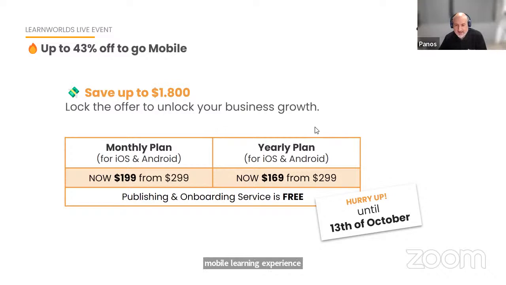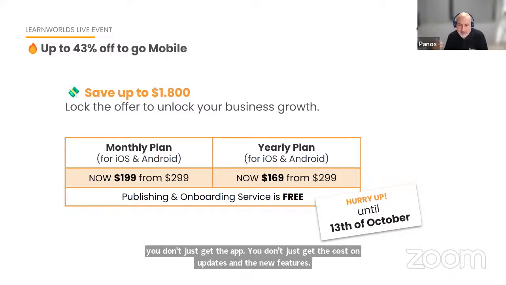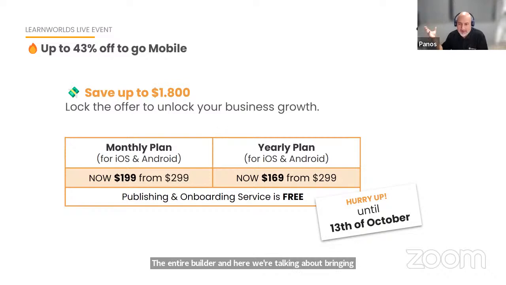We're getting into the third generation of the LearnWorlds mobile app. So as you can understand, there is so much experience now and so much understanding about the ecosystem, about the devices, about the problems that people face when they were trying to publish an application. So you don't just get the app, you don't just get the constant updates and the new features, you get the entire builder, and here we're talking about bringing the entire course builder, site builder experience that we have on our website.